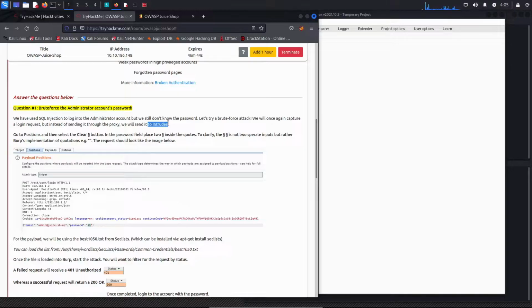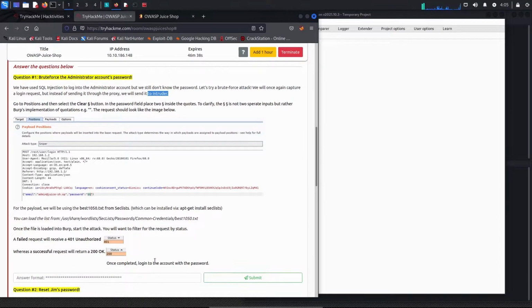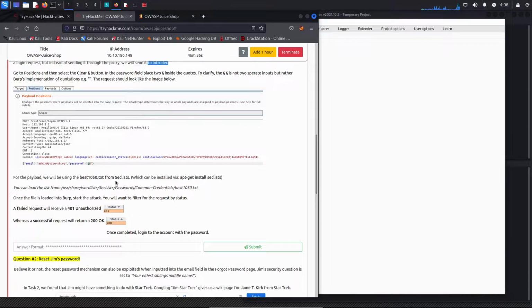This is going to use a dictionary attack, so we're trying to guess the password of admin using a dictionary, and what they instruct us to use is from SecLists. Once we install this, which I have already done, we can reference Burp to use this file so that we can guess the password.